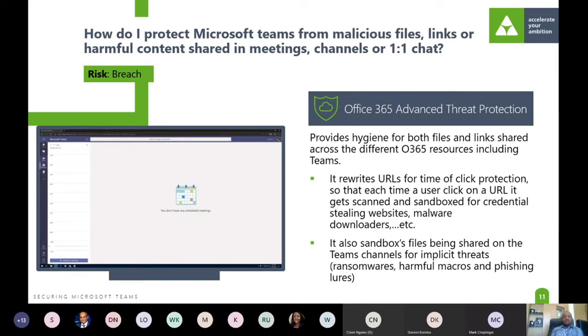So that means with ATP, you are sure that as you share documents, as you share URLs or links, then you are